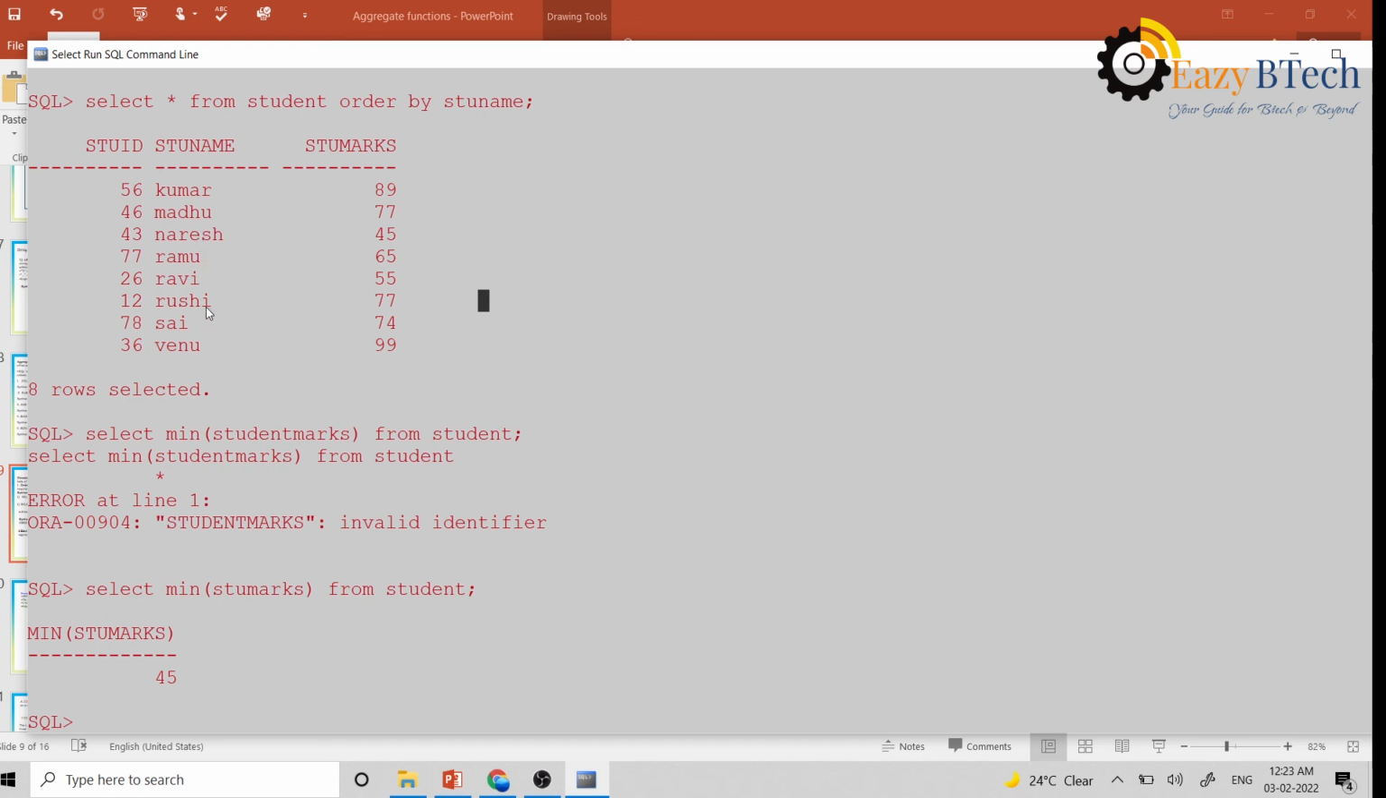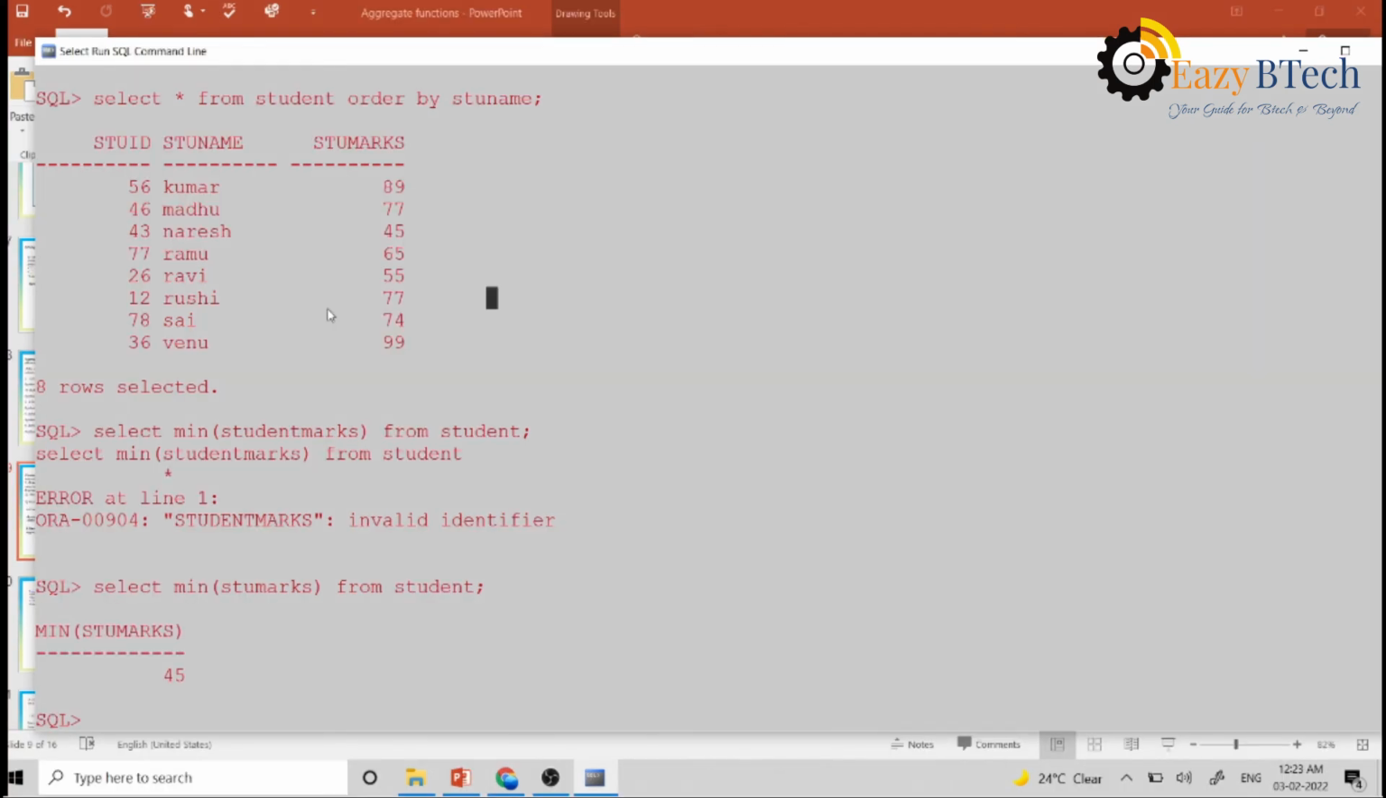I think you are clear about aggregate functions. Tomorrow we continue in the next session. For the next session we continue with SQL nested queries, as well as an introduction to